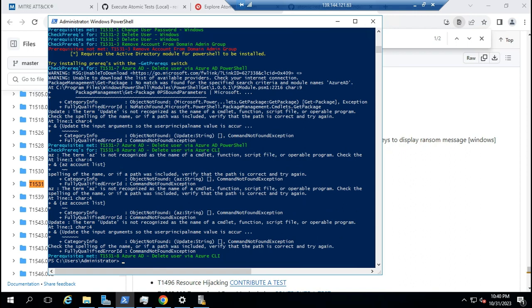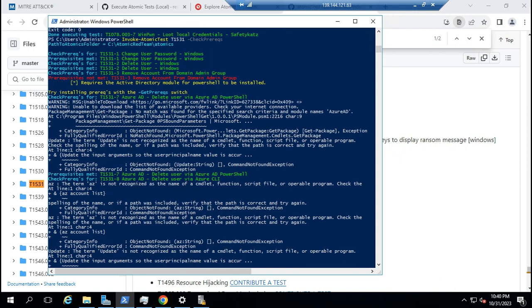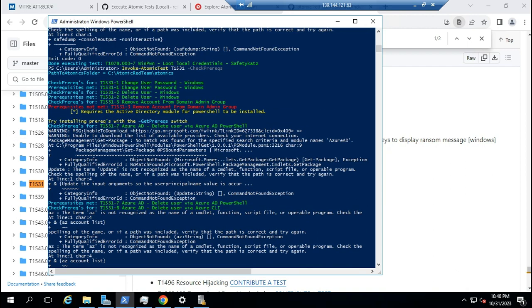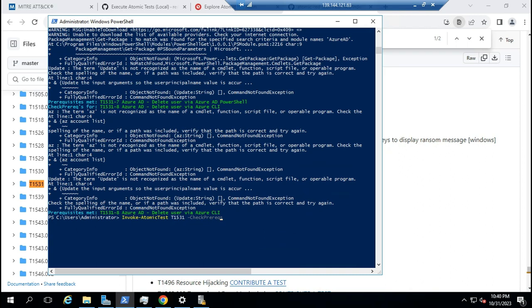Prerequisites are not met, so you can take it first, get the requirements.